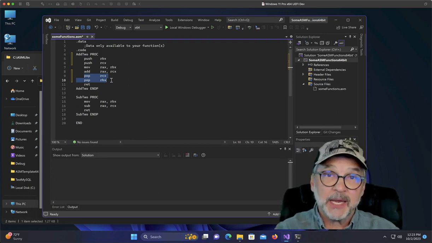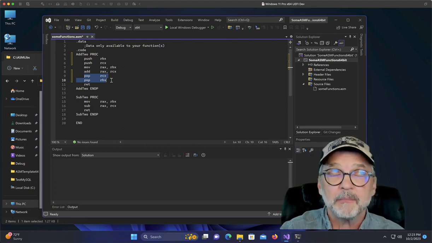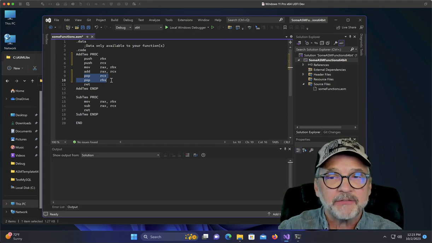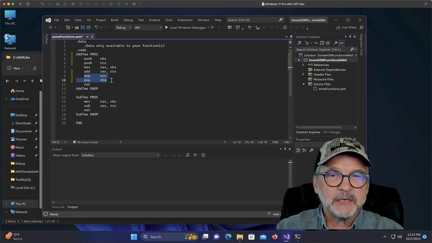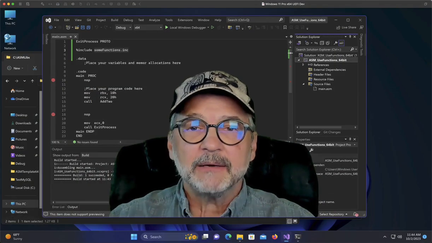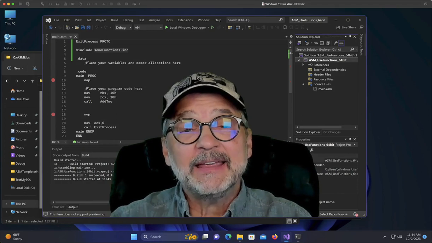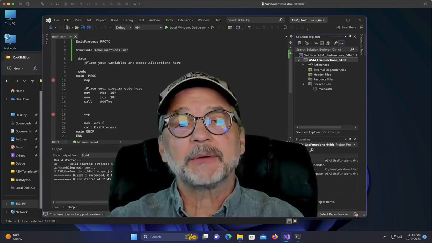Should I do that in my main program? In this case, the answer is yes. You want to do it in the main program because the main program is what's modifying, in this case, RBX and RCX. But you don't really need to do it in the function because you're not modifying them in the function. All right, great. So that is creating a function, an inline function in your Windows assembly language program,